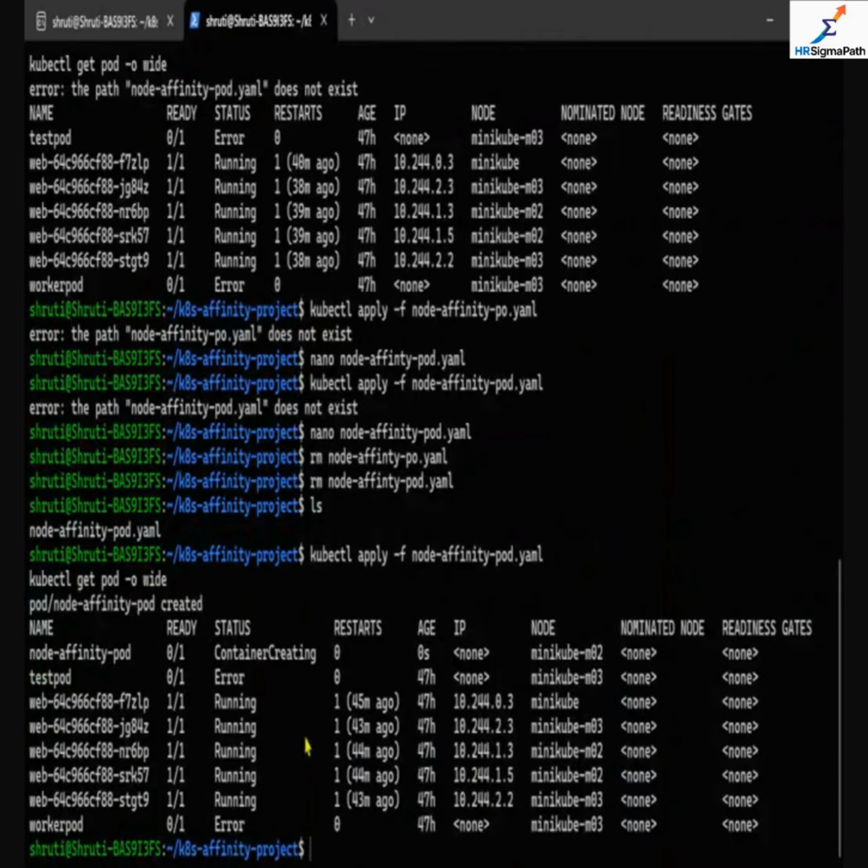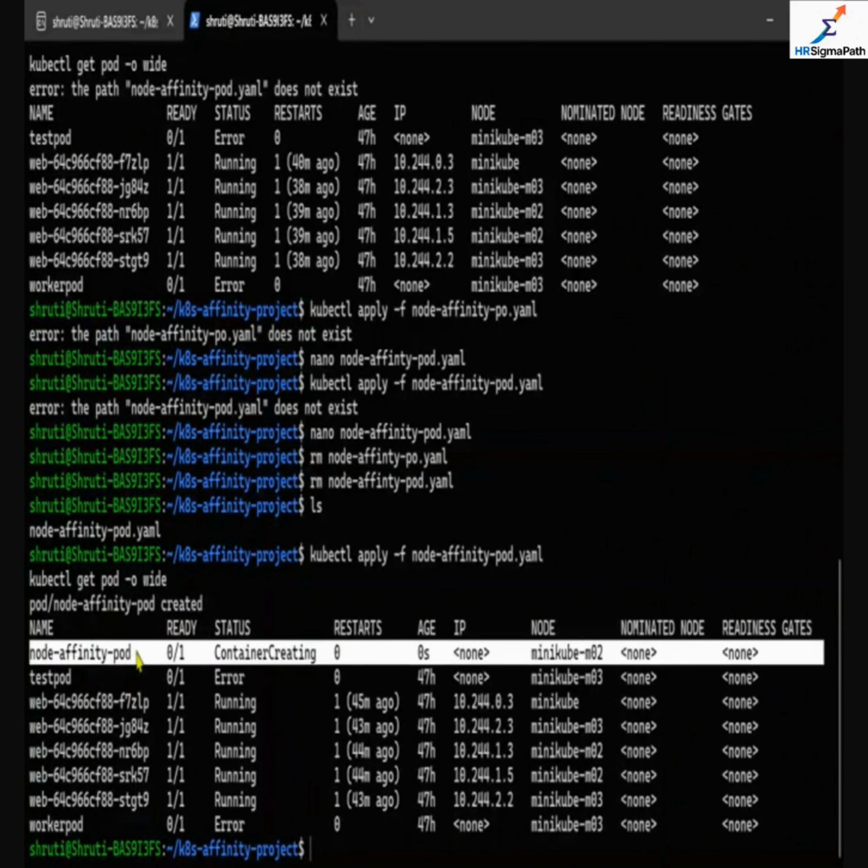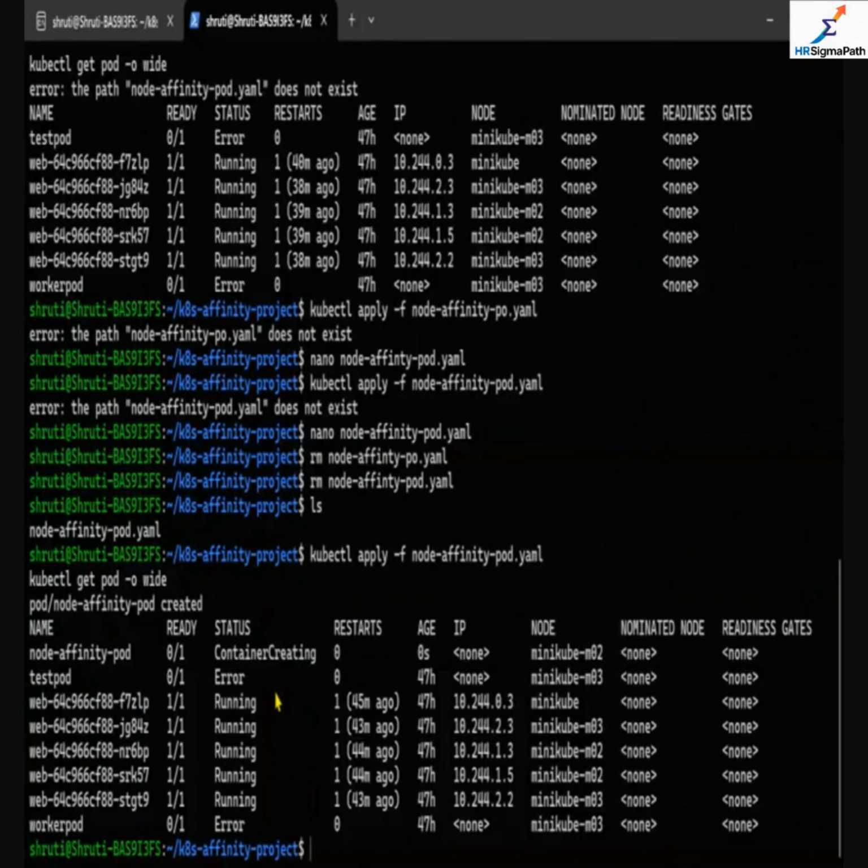Now it's done, and the node-affinity-pod is created. It is created on Minikube M02 because we have written that label, SSD, is on Minikube M02, so it is going to be scheduled there.